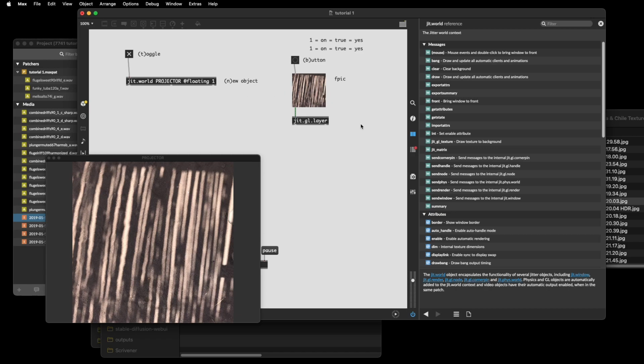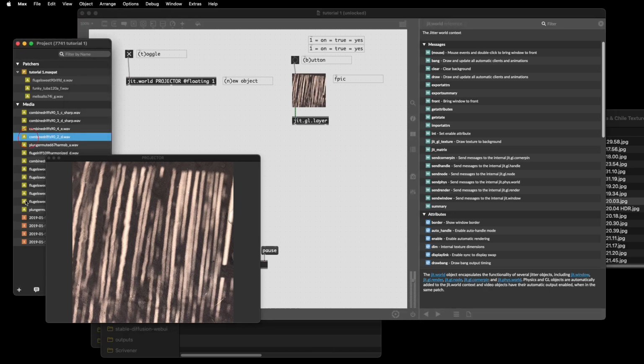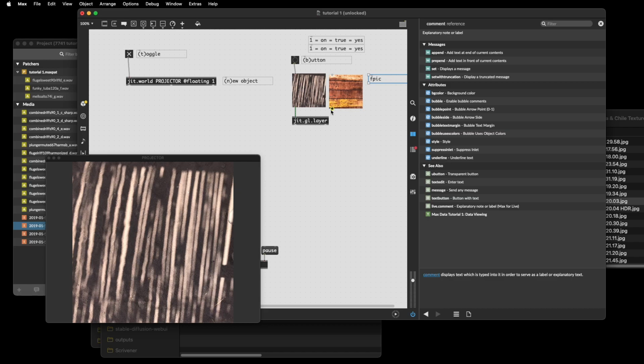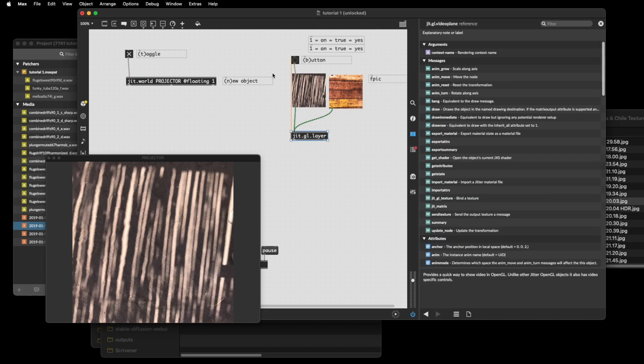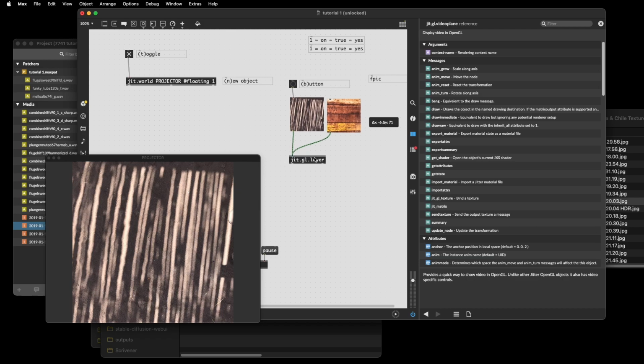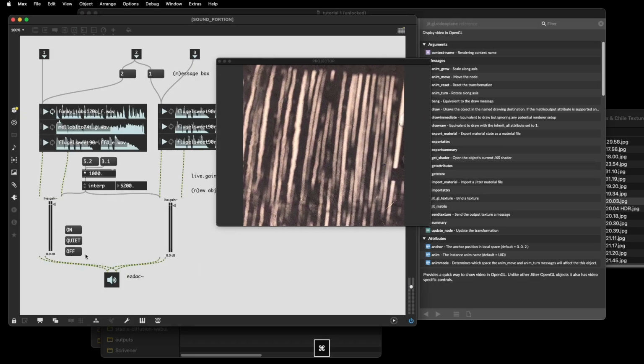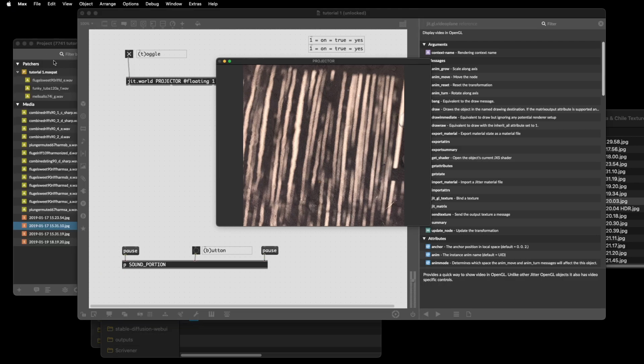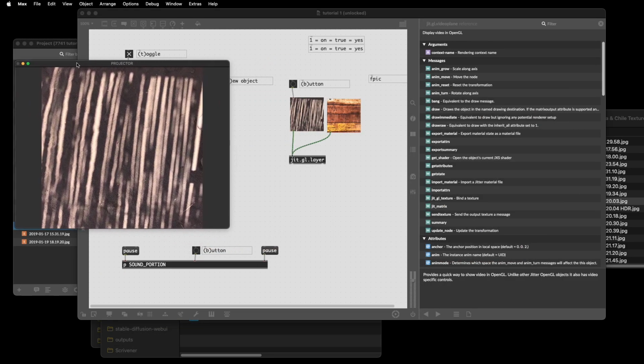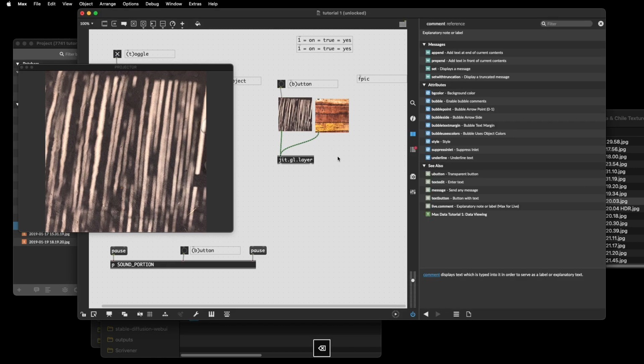If we want another image that functions on the same layer, we can drag in another image and connect it to the same layer. Now notice an important difference here. These are image patch cords. They're green and black striped. In our sound patch, cords are yellow and black striped. When you connect sound patch cords to the same inlet, they mix. When you connect image patch cords to the same inlet, they do not, because image is discrete,